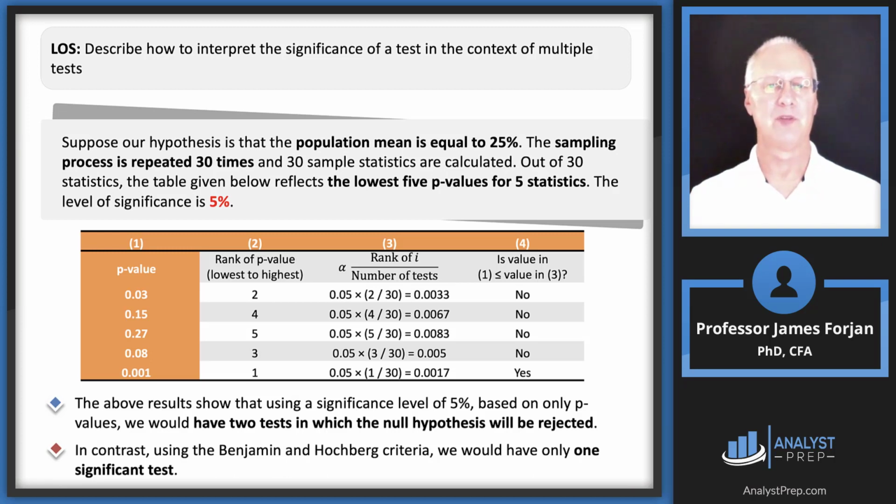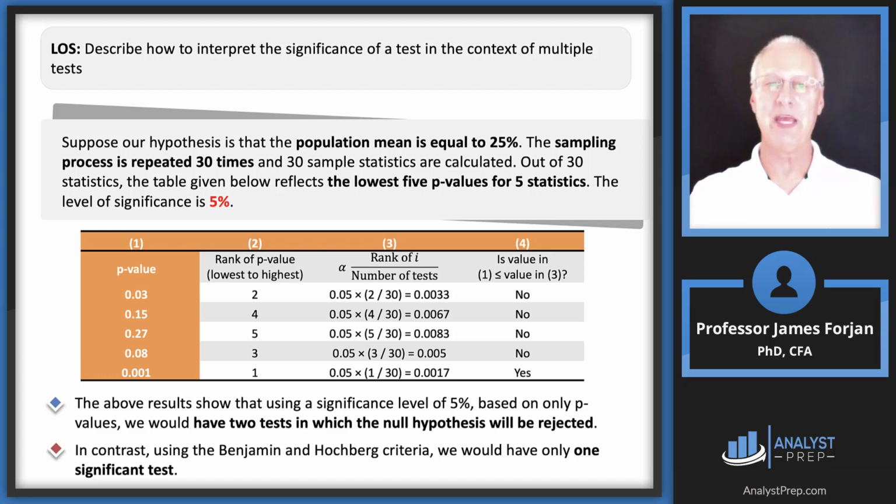Suppose our hypothesis is that a population mean is equal to 25%. The sampling process is repeated 30 times and 30 sample statistics are calculated. Out of that 30, the table below reflects the lowest 5 p-values. Okay, so lowest 5 for 5 statistics, all right? And there's 5%. Notice that we put that in red. So going down the left-hand column, which of those p-values are less than the 5%? Well, notice there's a 0.03 and a 0.15 and a 0.27 and a 0.08 and a 0.01. So only the 0.03 and the 0.01, those would be significant